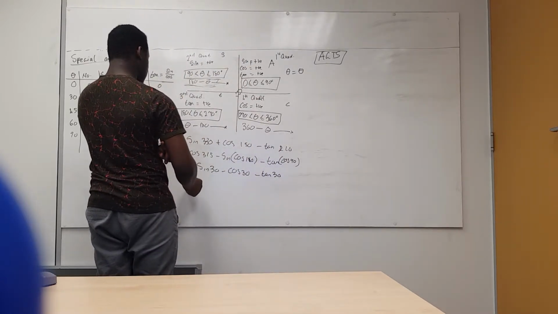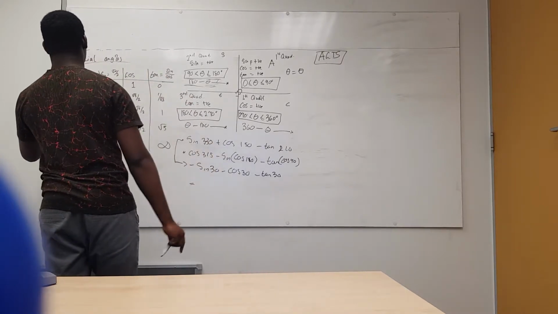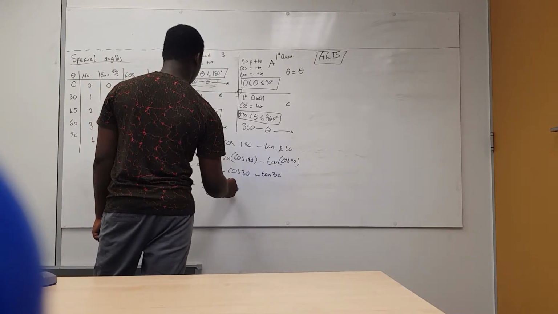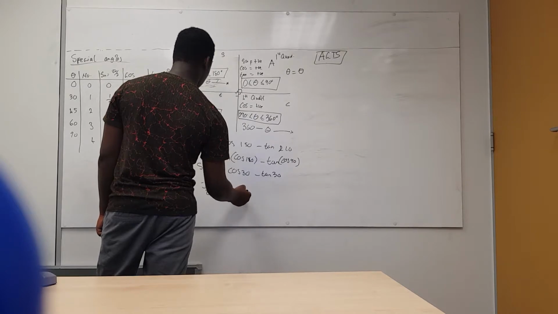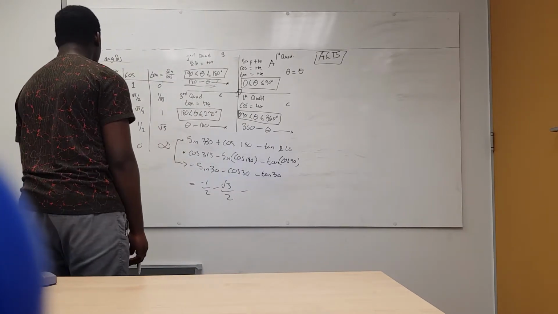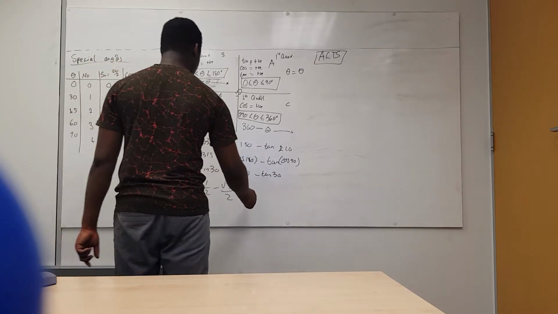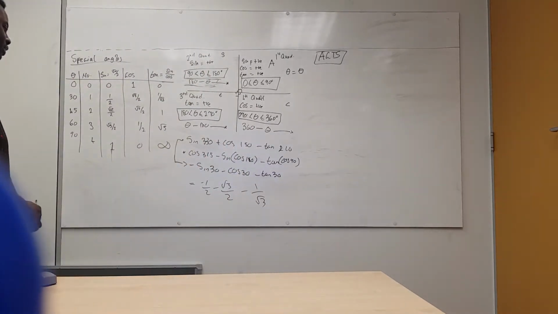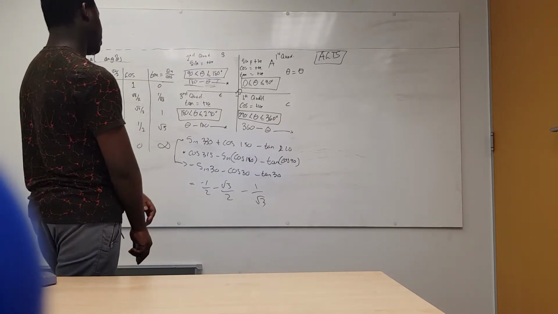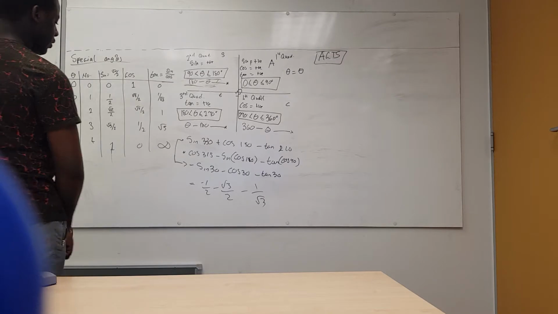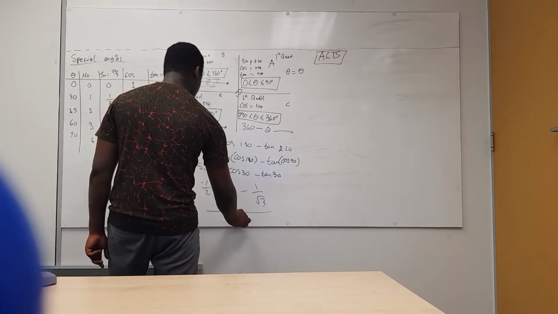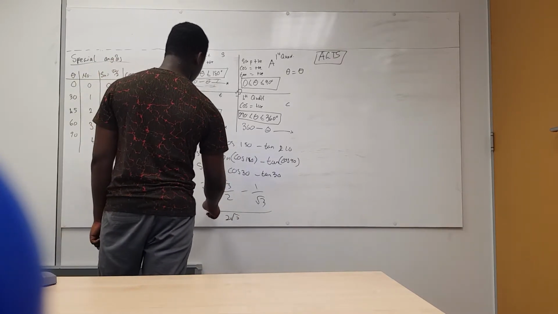So this is equal to negative a half minus root 3 divided by 2 minus tan of 30, 1 divided by root 3. Now you can punch it into your calculators to get this number, or you could just do LCM. Either works. The LCM will be 2 root 3, so that would be root 3